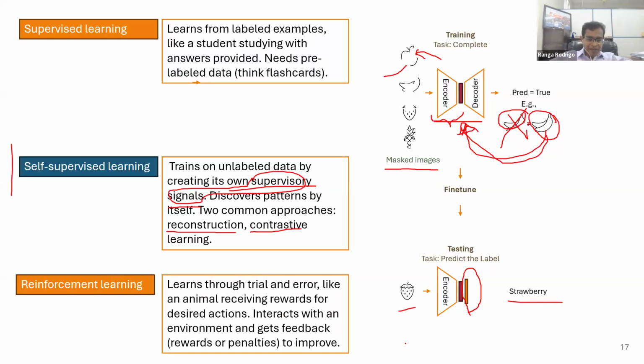Okay, one more very important paradigm now, as you know, is reinforcement learning. Reinforcement learning is like training a child. For example, assume that you are training a dog to do tricks. You throw a stick and ask the dog to pick it up and bring it back. If it brings the stick, you give it some little